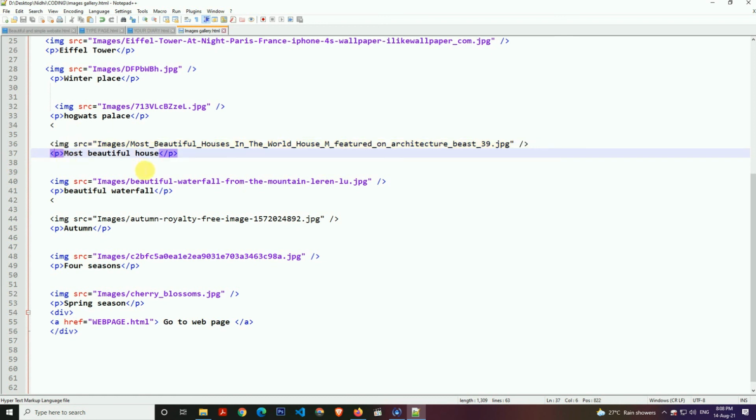And then here also image source, here also image source, this and this, and we have to go to our web page again. So I did href equals double quotes webpage.html, and we'll do this, go to web page.